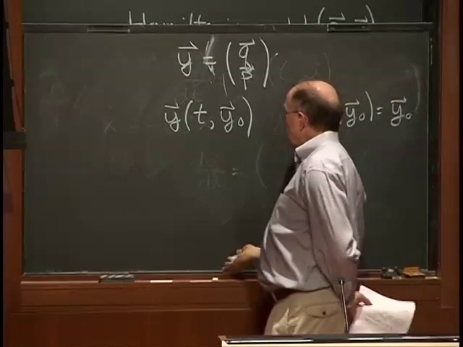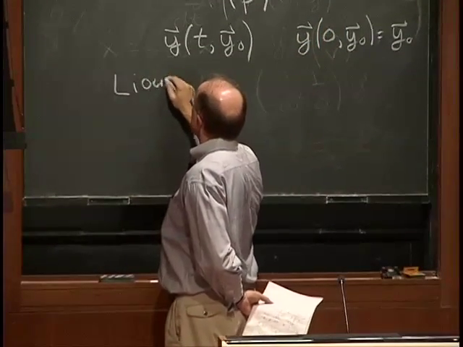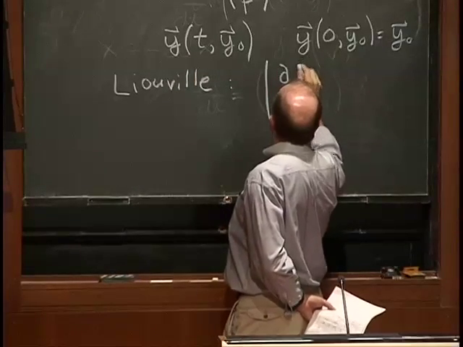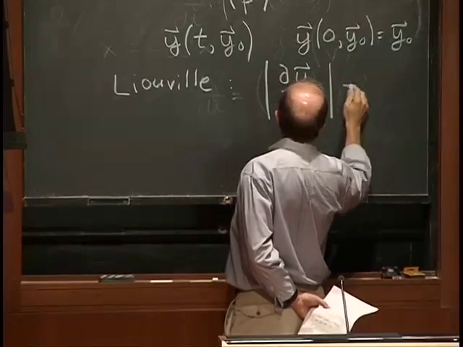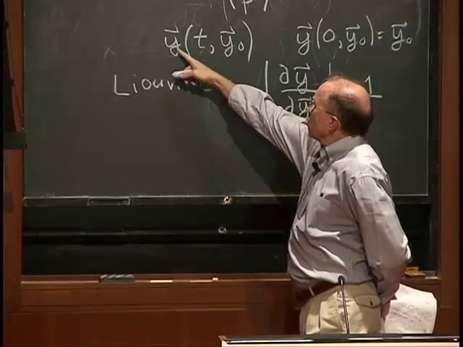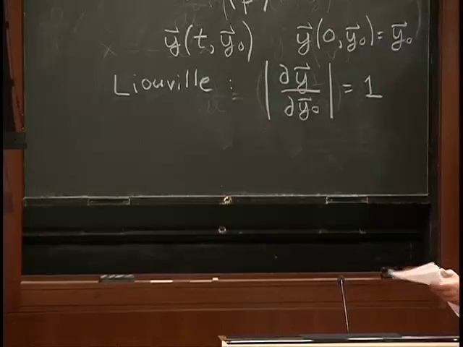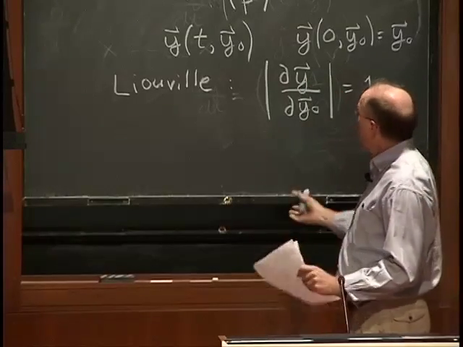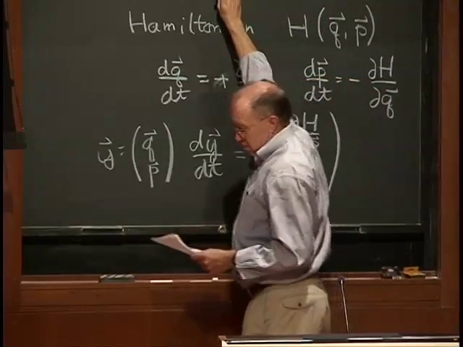And then Liouville's theorem simply says that the Jacobian of y relative to y0 is 1. So you take this function, calculate the partial derivatives of the components of y with respect to y0, calculate the determinant, and it's unity. That's basically saying that the phase space volume is conserved by the flow. Okay, so now let's look at